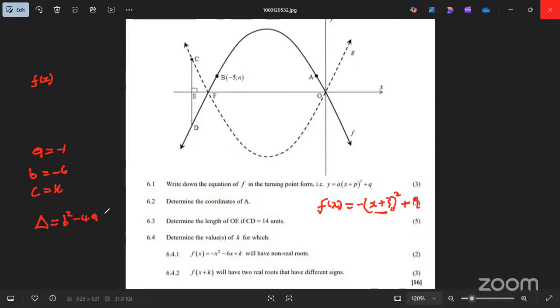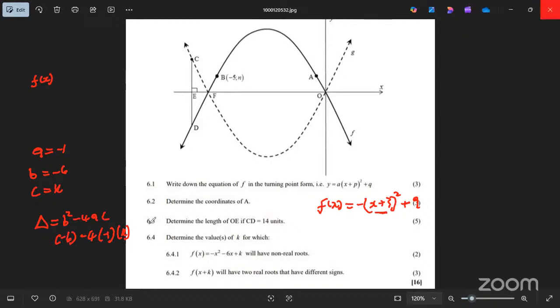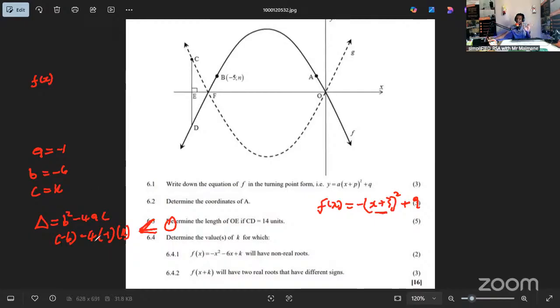b squared, that's right, minus 4ac, I think. Yes. And then from here, b would be minus 6, minus 4, a would be minus 1, and c would be k. And then for non-real roots, delta must be less than 0. So therefore, you're going to do your thing and solve,